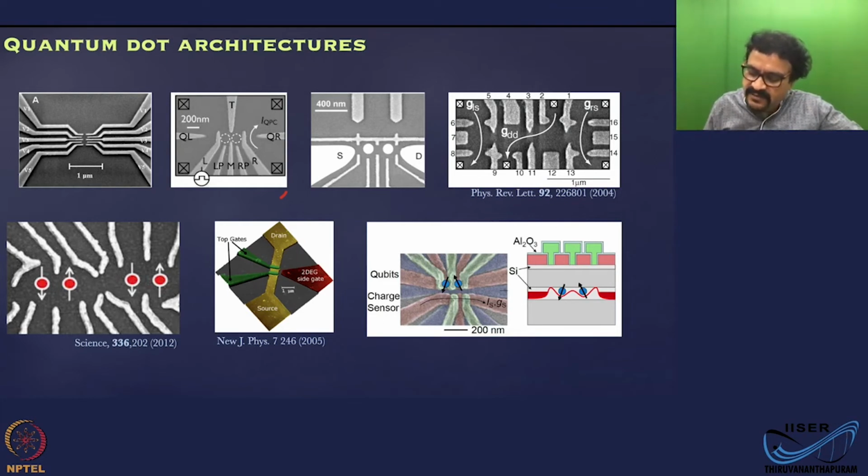So here, what you have is an undoped wafer. So there is no dopant layer. That means when you start, you have no carriers. Then what you do is you have two sets of overlapping gates, the green ones here and the red ones. The red ones are used to populate the channel. Those are the enhancement gates; you enhance the carriers. The green ones are depletion gates, meant to create barriers. So with a combination of these two gates, you can get a